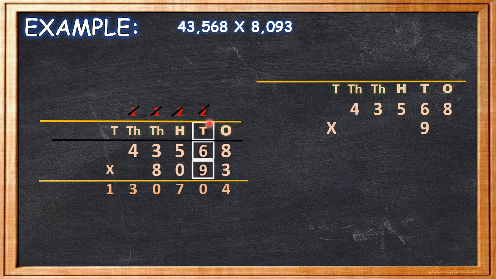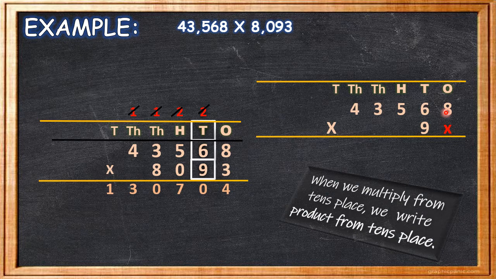Okay, children? Now, see, we are going to multiply the tens column first. Now, see here. I'm putting a cross here because there is nothing. Now I'm going to multiply with 9. Now see here. First I'll multiply 9 with the digit which is coming in the ones column. Yes, and always remember, when we multiply from the tens place, we write the product from the tens place only. At the ones place, I'll be putting a cross because we are multiplying from the tens column. So we are going to write the product from the tens column only.